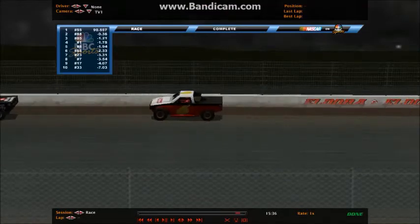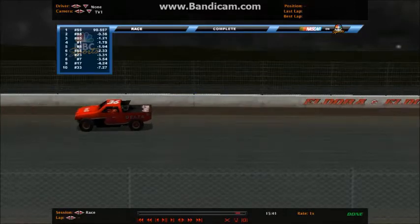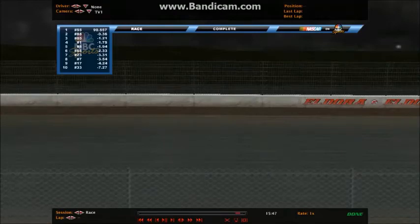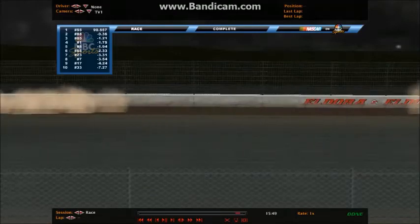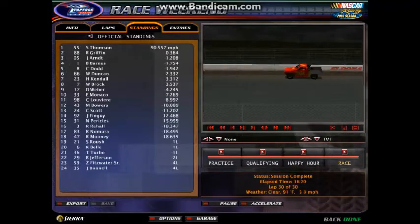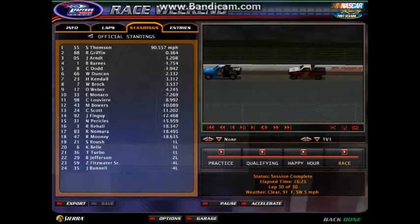Congratulations to Stephen Thompson, that number 55 Monaco Dynasty Racing team. Number 55 PlayStation Chevy will win here the finale of the Amazon Stadium Truck Series Preseason Thunder. Congratulations to that entire Monaco Dynasty team. As Stephen Thompson takes the win, Ryan Griffin second, John Arndt third, Brandon Martin fourth, and Chris Todd rounds up